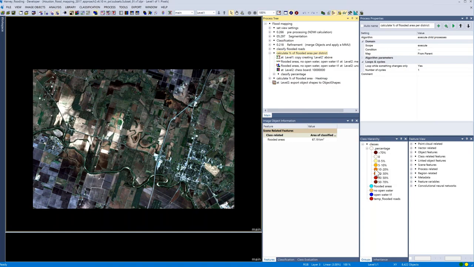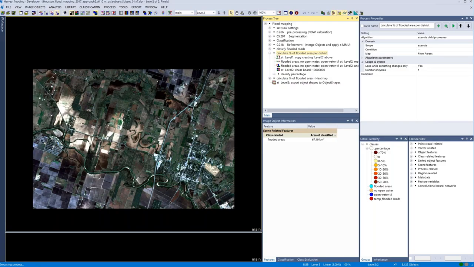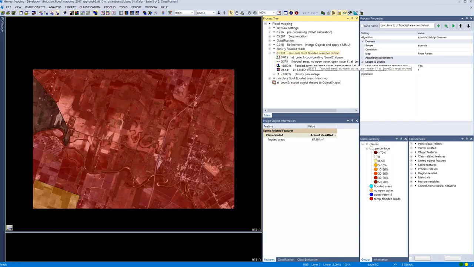You can define them yourselves, just how you want it. When I calculate this, you're going to see it better when I show the whole scene, that this county down here has 10 to 20% of flooded area. This one here, 30 to 50%. On the left, it's more than 70%.